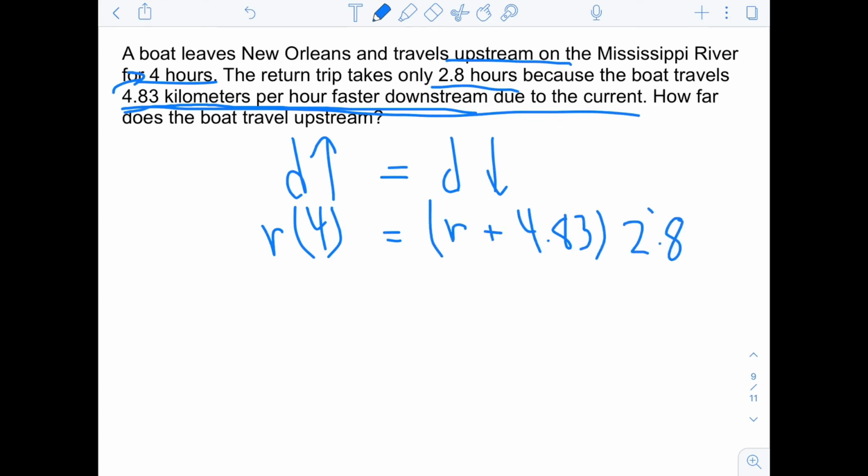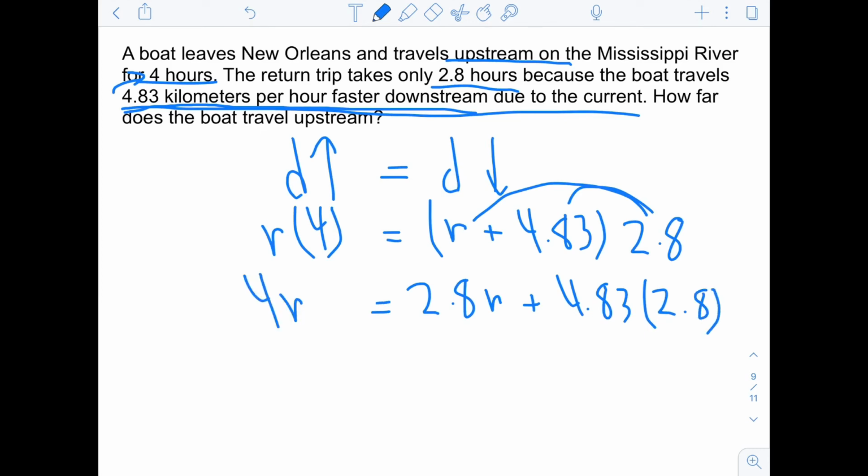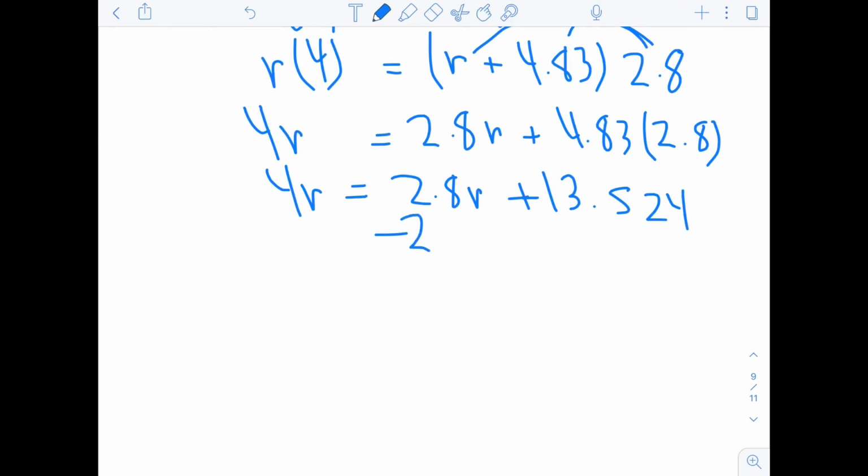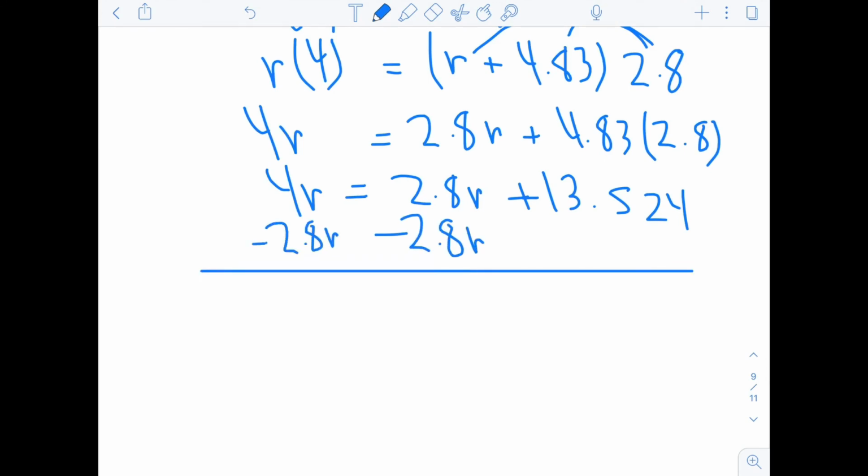Now we can solve this. So first, let's distribute the 2.8. So that equals 2.8r plus 4.83 times 2.8. So 4.83 times 2.8 equals 13.524. So now we can get rid of the variable terms. So we're going to subtract 2.8r from both sides. So 4 minus 2.8 equals 1.2r, and that equals